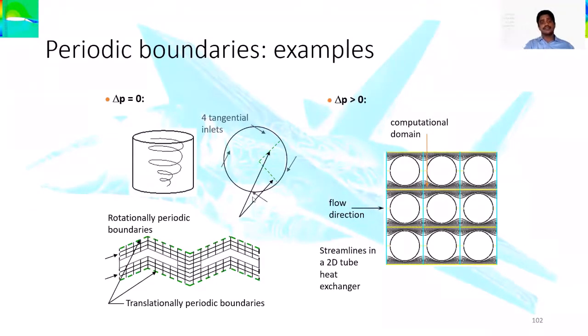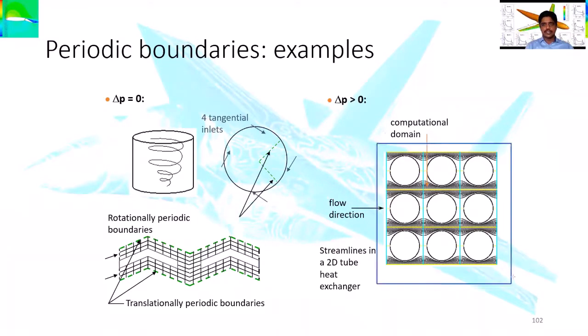But in the second case, I'm being confined at one point. And here you can see the rotationally periodic boundary conditions. They are rotationally the same, so they are forming a sinusoidal wave, continuously. So if I analyze only one wave and apply it continuously, that is my periodic condition. So that is about delta P greater than 0. Let us see about this condition now.